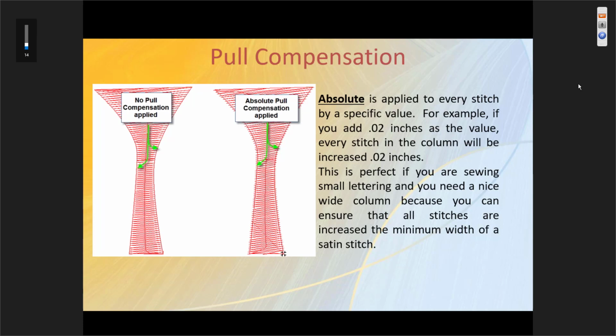So every single stitch is increased 0.02. It doesn't matter what the original width was. Again, especially if you are looking at small lettering and thin columns. Again, in our Embroidery Essentials Part 1, we were saying that the smallest satin that we can sew is 0.04